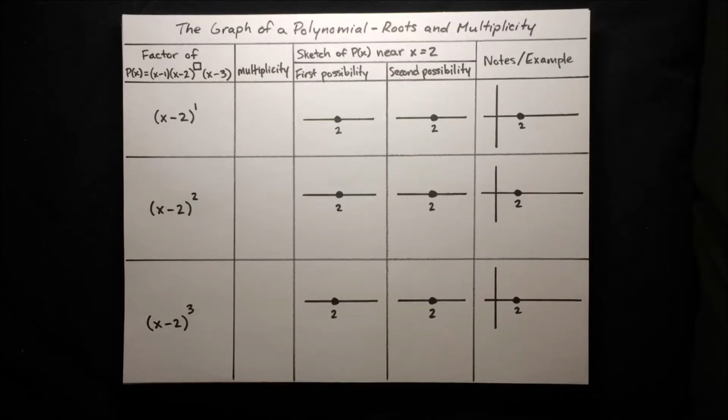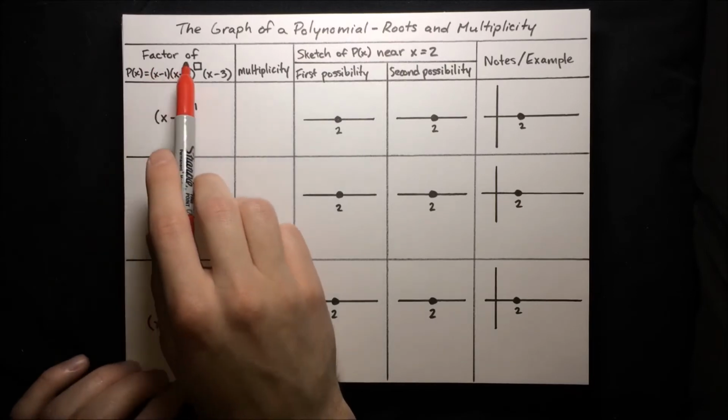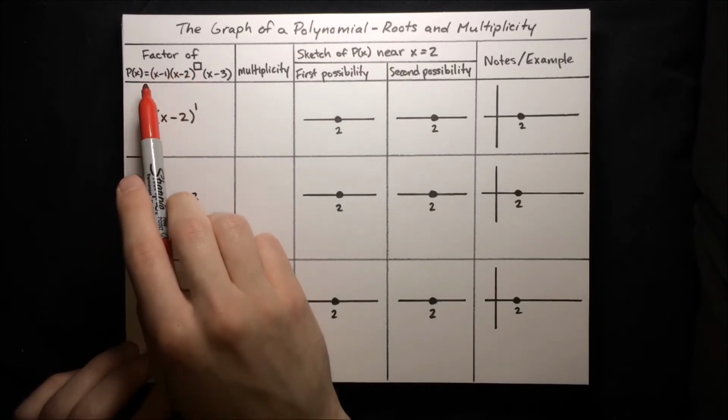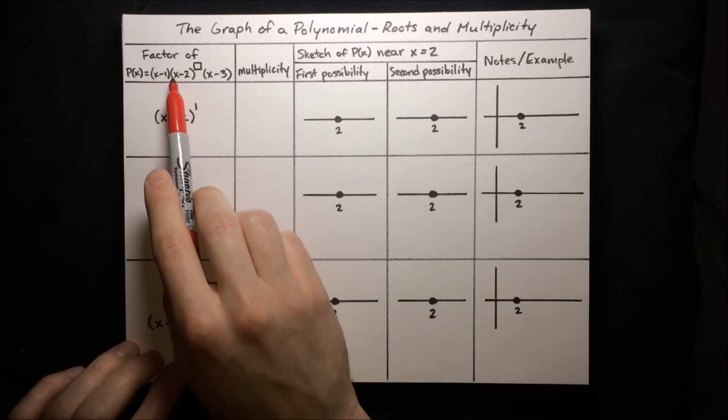In this video, I'm going to talk about the graph of a polynomial. In particular, we're going to talk about a polynomial's roots and the multiplicity of those roots. Let's start by considering factors of this polynomial p of x, which is x minus 1,